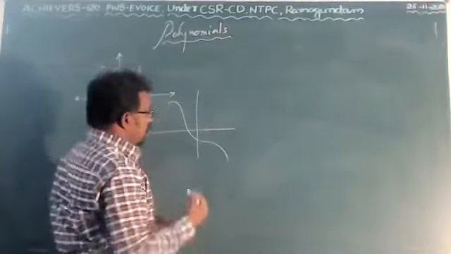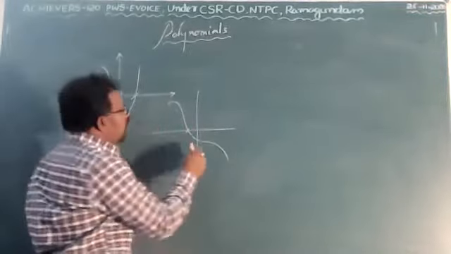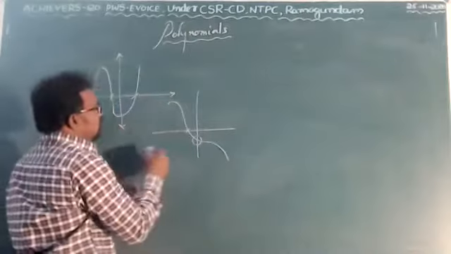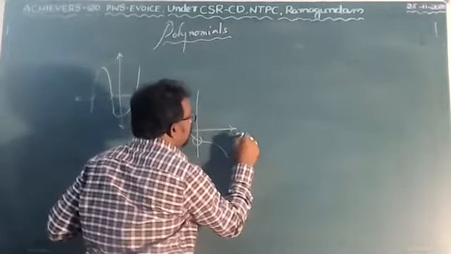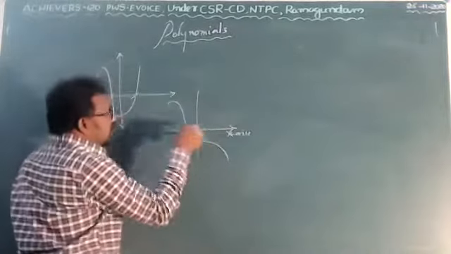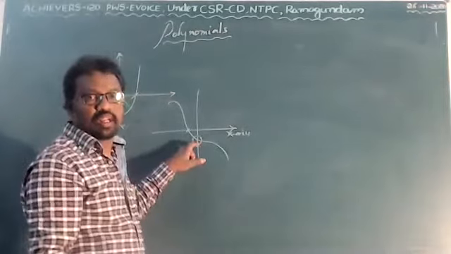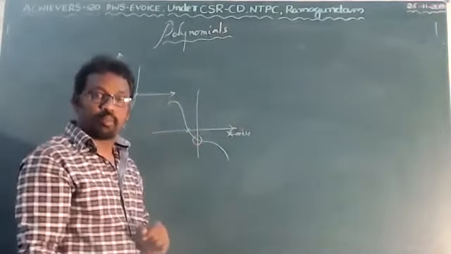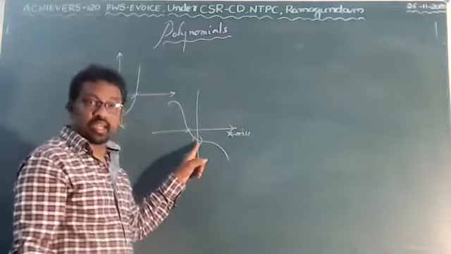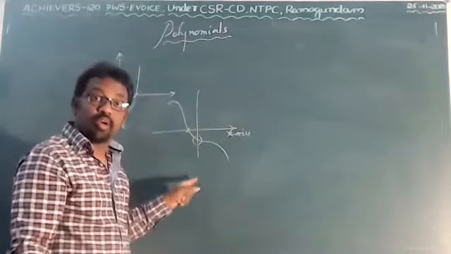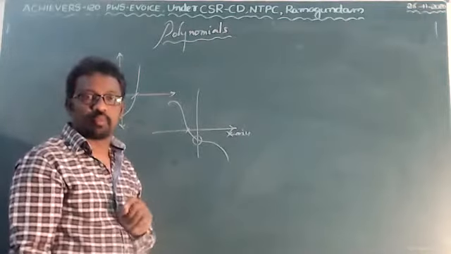Let us take one like this. See, here it is intersected, here also. But we should not take this one. We have to take on the x-axis itself, where this curve intersected on the x-axis, called zero of the polynomial or zeros of the polynomial. Here also it is intersected, but this is intersected on the y-axis. We never call it zeros of the polynomial because